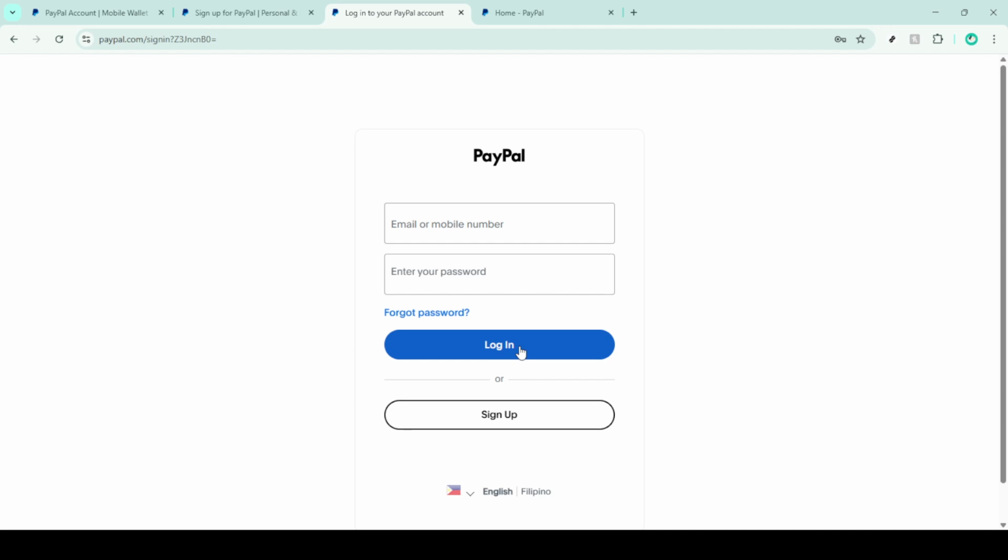At this point, you should receive an email from PayPal containing a verification link. Check your email inbox and maybe your spam folder just in case for this email. This is an important step to confirm your email address is valid and operational. When you locate the email, go ahead and click on the verification link provided in it to confirm your email